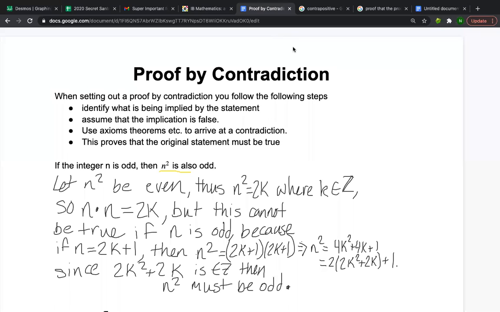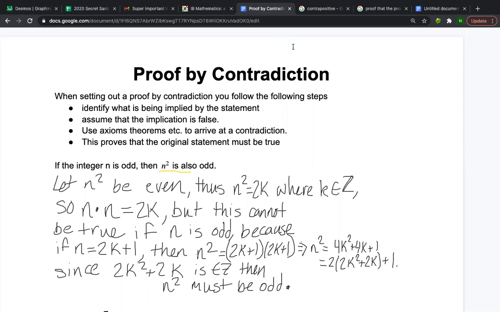Okay, so once I have made that assumption where n squared is even, thus n squared would be equal to 2k, which is 2 times some integer k, and that means that it is even. That is just the definition that you have to use. So that would mean that n times n is equal to 2k, but this cannot be true if n is odd, because if n is 2k plus 1, then n squared would be equal to 2k plus 1 times 2k plus 1,